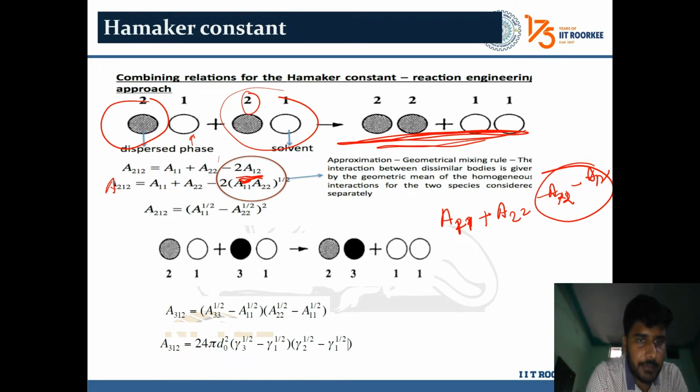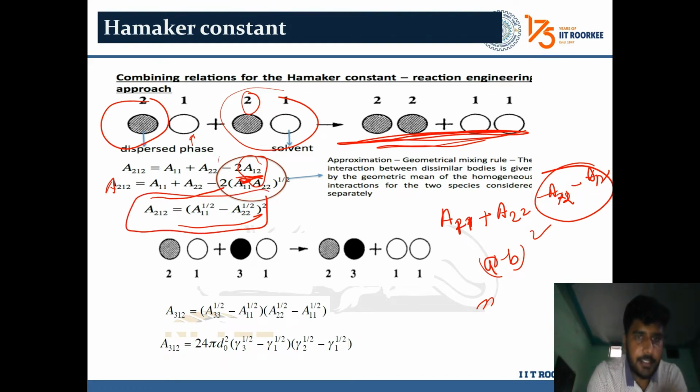These are similar terms, and this term is expanded basically on the geometrical mixing rule. You can write here A12 is equal to the square root of A11 into A22. So this formula you can write like this, because (A minus B) square, if you expand this expression, you will get this term. So this will be the resultant Hamaker constant